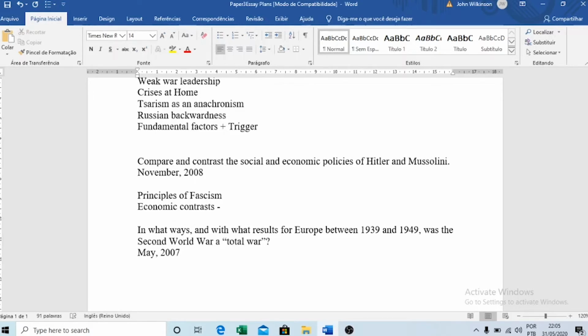Well, look, Mussolini comes to power before the Great Depression. Hitler comes to power after the Great Depression. So that's going to have a contrast on the economic policies. And the other thing where they would contrast, and I'm on a roll here, I think, is the